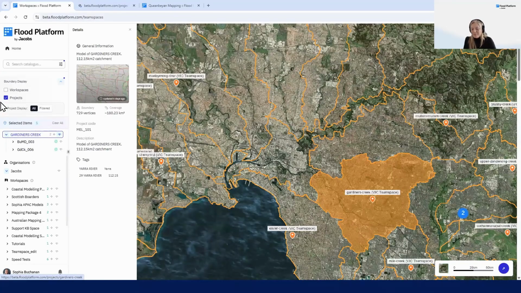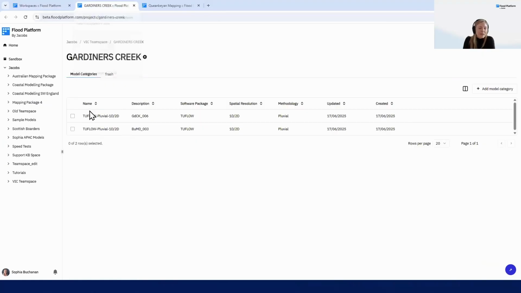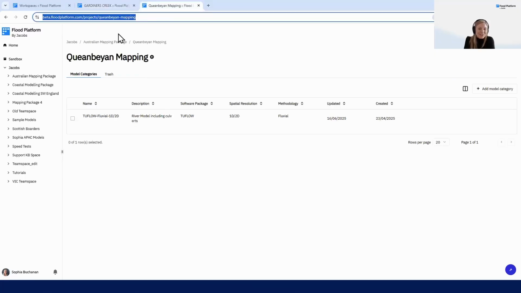And obviously this wouldn't happen straight away. This happens over time as you build in your management system. But then you can go in there, so you control click in your web browser, you get a new view, which is nice. You can see your models and then you can go in and have a look at some details there. Obviously, I'm not going to show you details of a real model. I'll flip over to a demo model in the same space. So this is a model in New South Wales that my colleague built as a demo model.